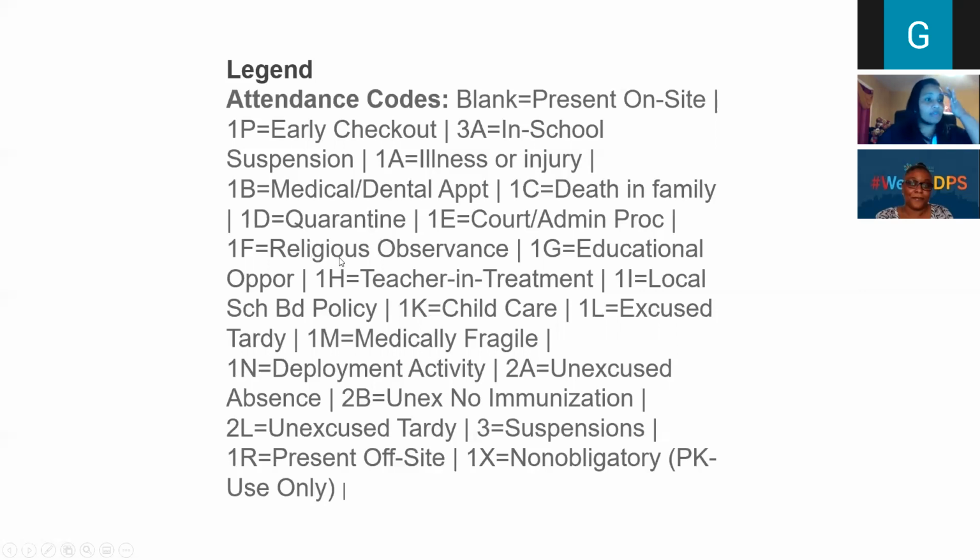1F is religious observance. 1G is educational opportunity, such as field trips. 1H is teacher in treatment. 1I is local school board policy. 1K is childcare, meaning that if the student has a child and that child was sick, then that code can be used because they didn't have adequate daycare. 1L is excused tardy, 1M is medically fragile, 1N is deployment activity, 2A is unexcused absence, 2B is unexcused no